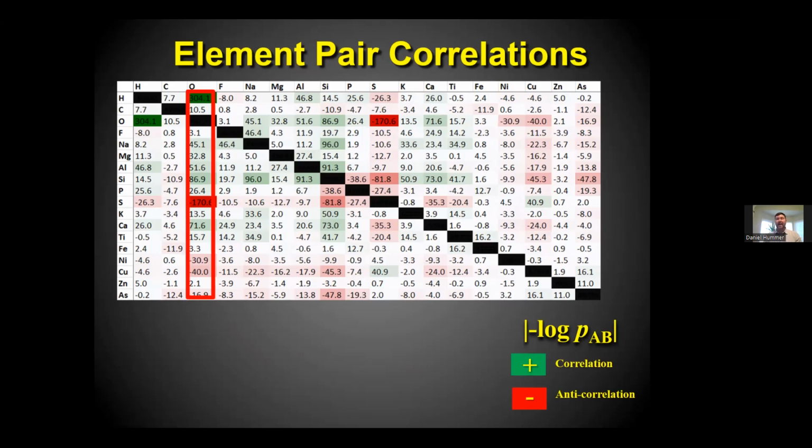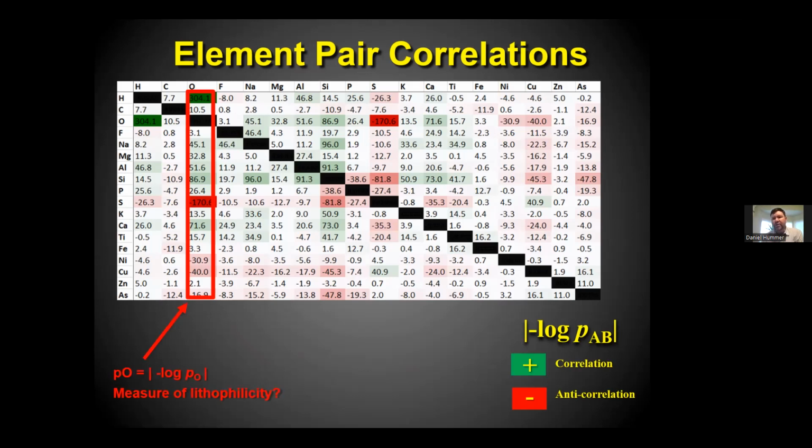Those are all lithophile metals. They tend to occur in oxide and silicate minerals, so they're going to be associated with oxygen. Then we get down here, it's very strongly anti-correlated with sulfur. And the reason for that is that the oxides and silicates are a huge mineral group. Sulfides are a huge mineral group. And there's not much overlap between them. There are the sulfate minerals that have both sulfur and oxygen, but their numbers are much less than the numbers of either the silicates or the sulfides. And so you get these correlations popping out at you.